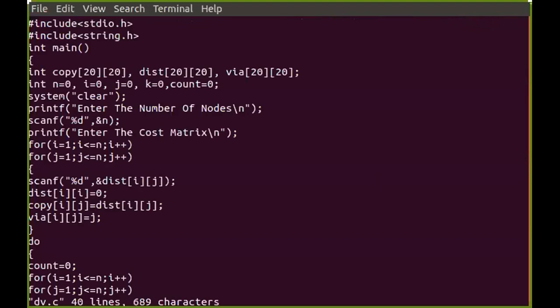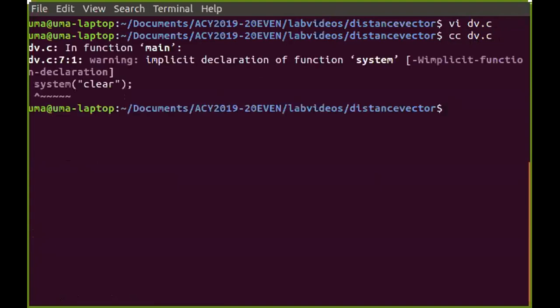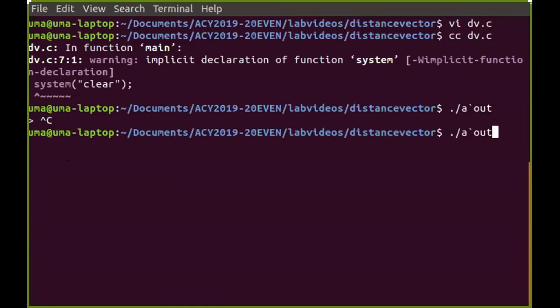I'm not going to give a line by line explanation of the program, but rather I'm going to explain the algorithm and how we have to run this particular code. So I'm compiling it, and running it with dot slash a dot out.